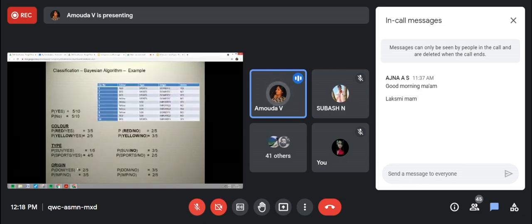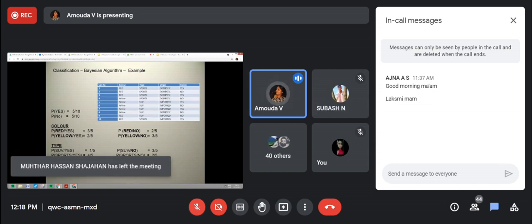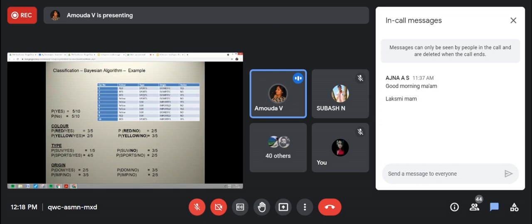That's all about the Bayesian classification. Yet another example is taken here. You are taking the car and color, type, origin, and whether it is stolen or not. The color, type, and origin, domestic or imported, are all binary. Type is either a sports car or SUV. Binary, two values are there. Here, yellow and red, two colors are there. So what you have to do, you can take up this table and work it out on your own. I could work it out for you, but you can work it on your own.